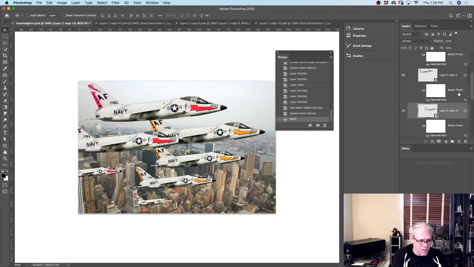And that was just for some of the people maybe a little bit more advanced. If you're not so advanced, don't worry about that other stuff. Just stick to the stuff that we did at the beginning. And just remember, it's great that we're not losing quality when we're using the smart object. It's nice. We can use smart filters with smart objects, so it enables us to work non-destructively, and also for